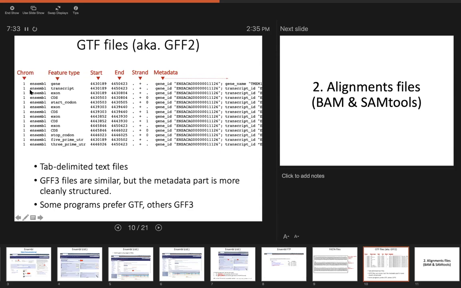So you have a series of tab delimited columns, and the first one is the chromosome. For now, we're just looking at things that are on chromosome 1. The second column, I think, is the source of the annotation. And the third column is the feature type. So we have things like gene, and then a transcript of that gene, and then an exon, and a coding sequence that overlaps the exons, of course. And then the start codon is actually at the beginning of the CDS. And then there are other exons, and then the stop codon at the end of the CDS, and then